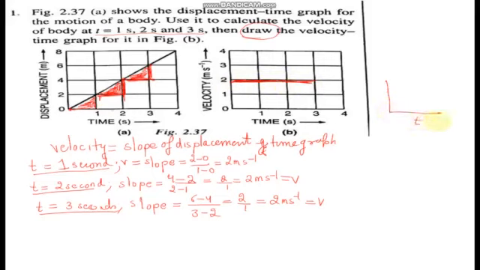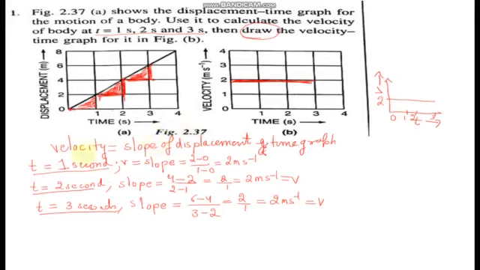This is the time and this is the velocity. Here is time, velocity is 2 meter per second. We have made a straight line. This is for t equal to 3, t equal to 2, t equal to 1, 0. So the straight line that is formed is the graph when time is increasing but the velocity is the same for all the times, and that is known as uniform velocity. So this graph we have to do.